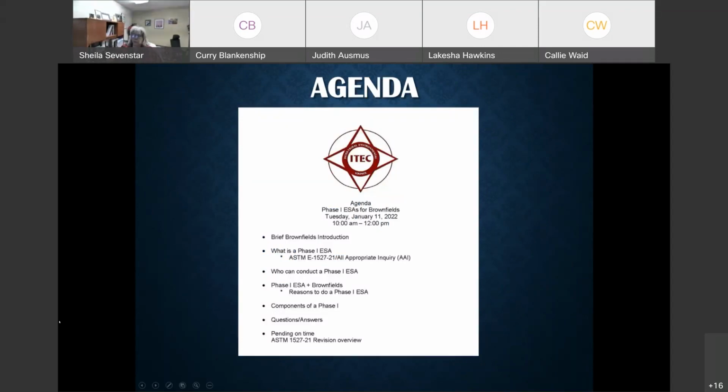I'm going to do a really quick, brief Brownfields introduction on what a Brownfields is and what a Phase One is, and the updated ASTM E1527-21 revised standards. They were released in November. I personally do not have a copy of that yet. I've ordered them and have not received them. So I'm just going by what I've heard through different webinars on what changes and revisions have been made to